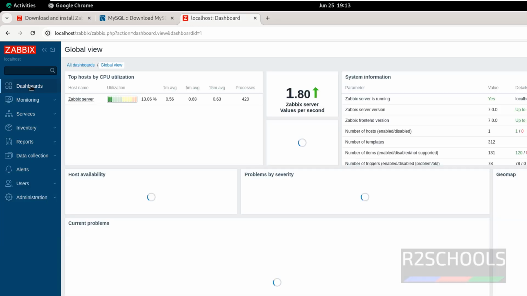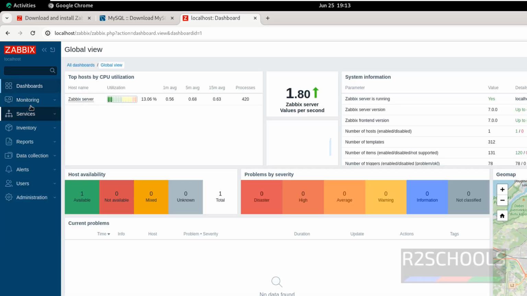Okay, go to dashboard. See here we have the different options like monitoring, services, inventory, reports, data collection, and alerts. So I will make another video for these components. So in this video we have seen how to install and configure Zabbix 7.0 on